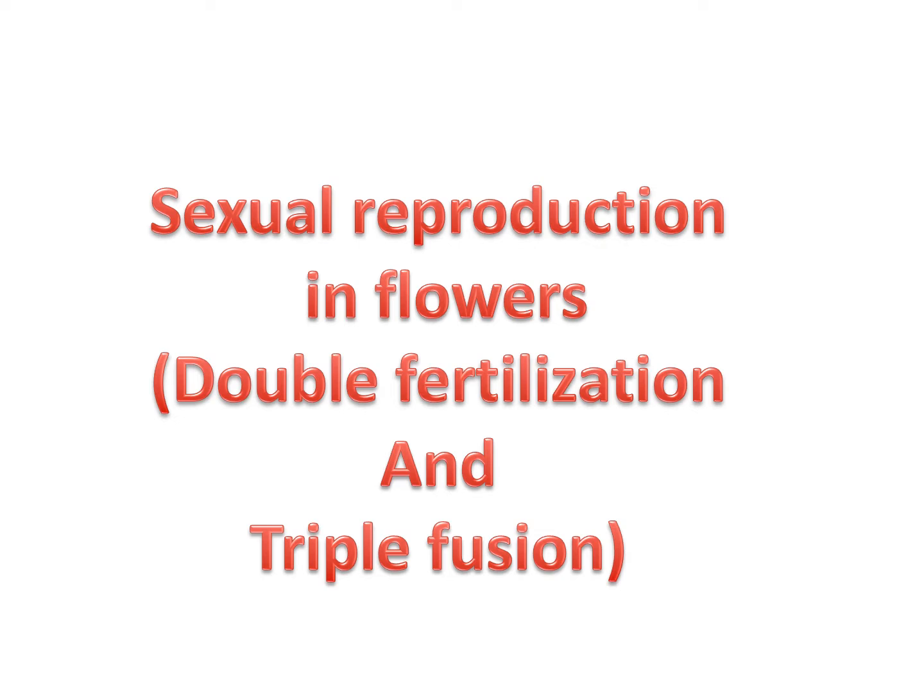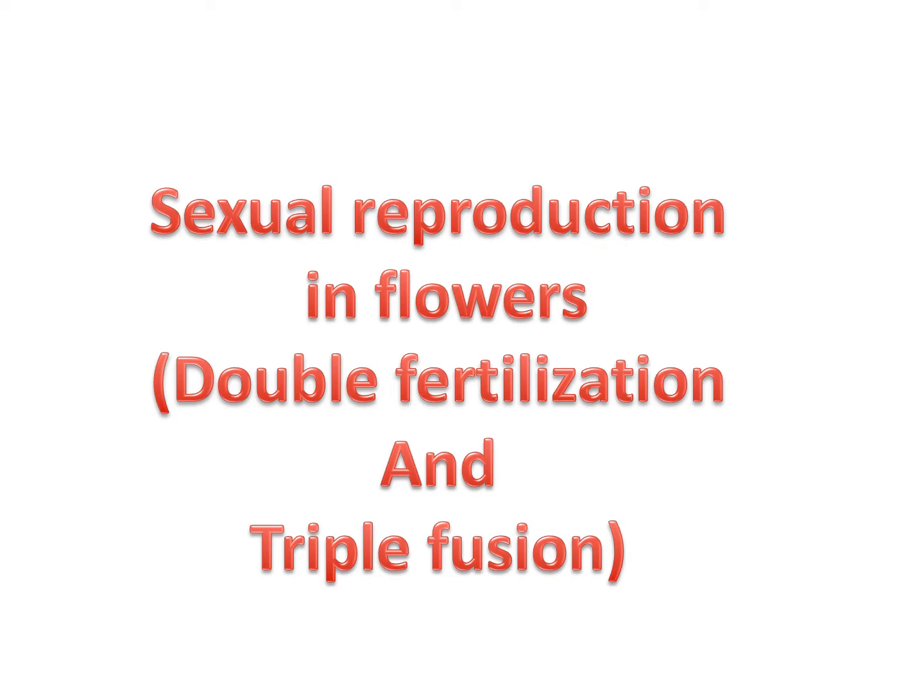In the chapter How do we reproduce, we come to know that there are two modes of reproduction, sexual and asexual, and plants exhibit both kinds of reproduction, sexual as well as asexual. The part of the plant which is responsible for sexual reproduction, or we can say the reproductive part of the plant, is the flower.